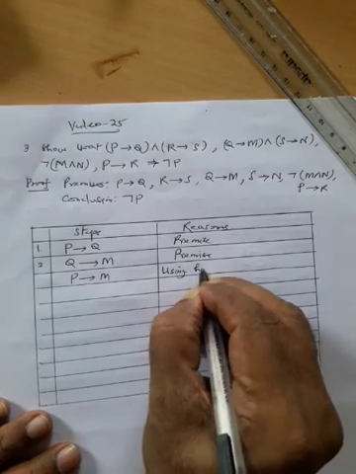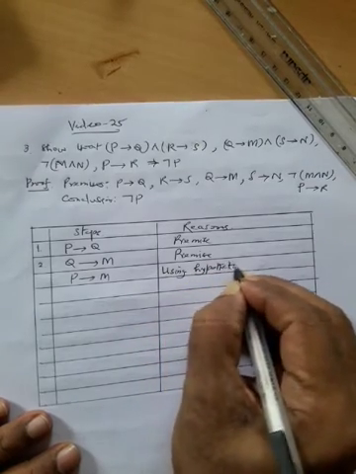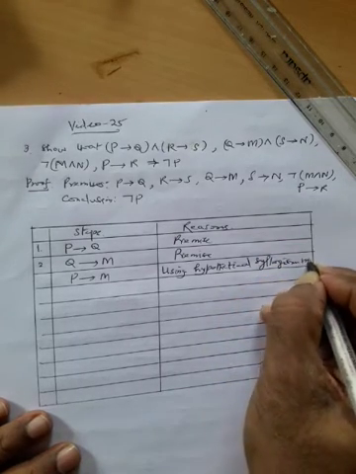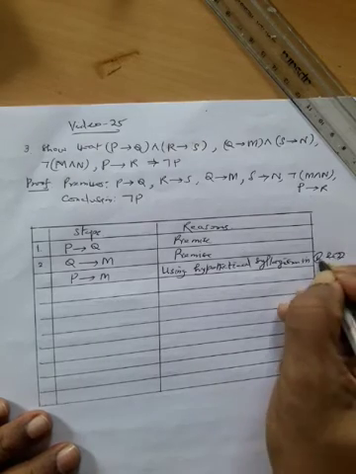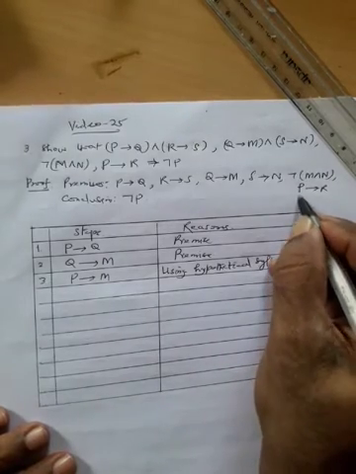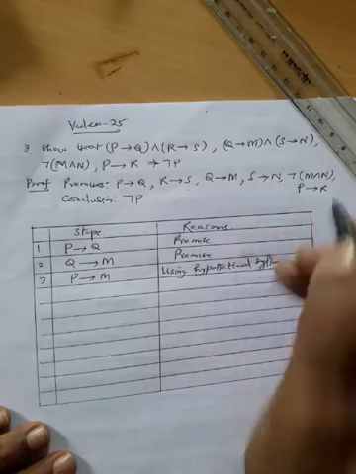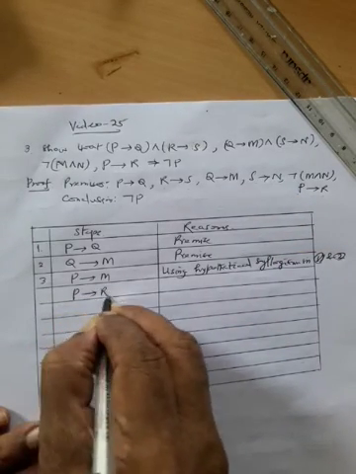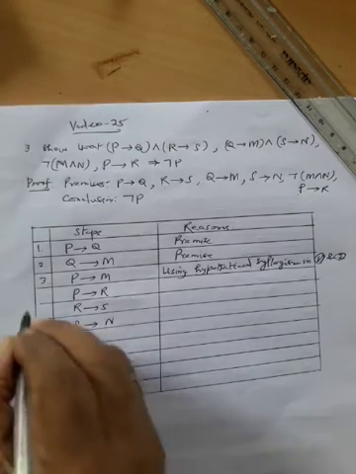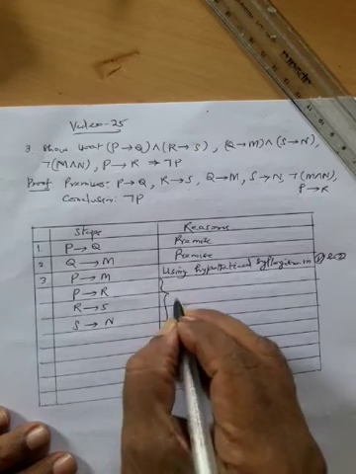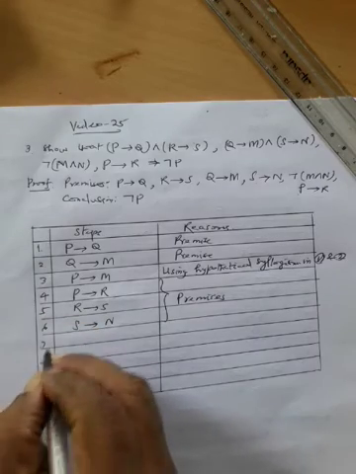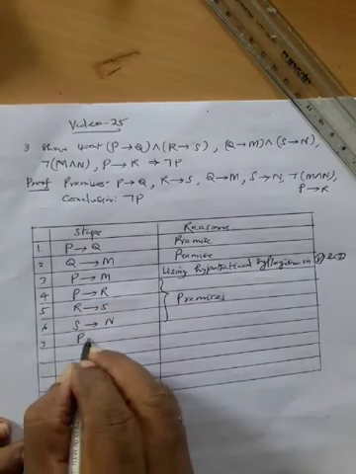Using hypothetical syllogism in 1 and 2, you get 3, P to M. Another one is here: P to R is there, R to S is there, S to N. All of them premises, 4, 5, 6. So P to R, R to S, S to N means you will get P to N